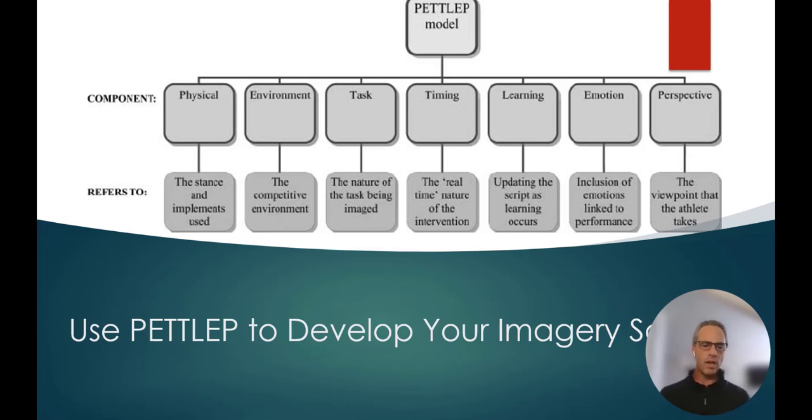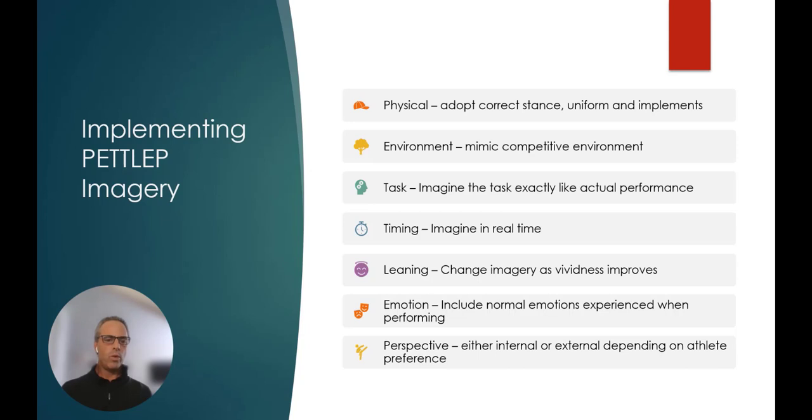So the components of PETTLEP are physical, environment, task, timing, learning, emotion, and perspective. Now, with each of these, we want to understand, when developing an imagery script, what we're going to write out or what we're going to put into that script. And again, the script should be something that you start out as a skeleton, and then as you become a more learned imager, you will change this up,